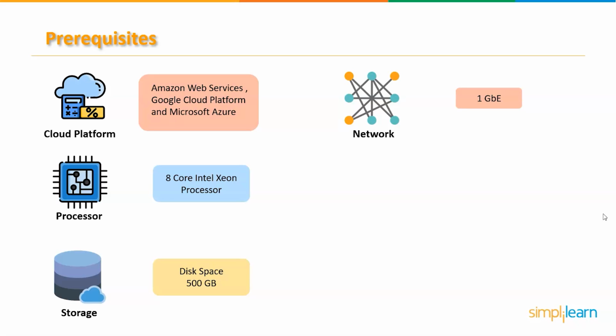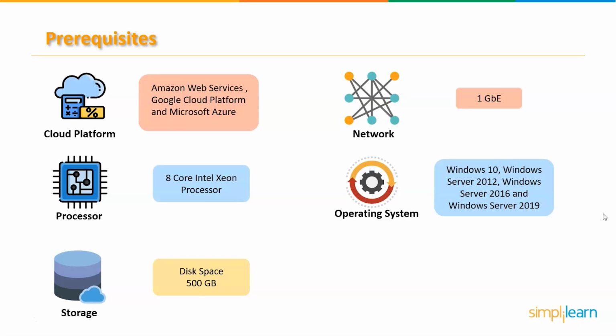It is recommended that you configure the Enterprise Control Room network bandwidth to be greater than 1 gigabit Ethernet, because uplink traffic can quickly exceed 1 gigabit Ethernet depending on the complexity of the automation run. Operating System: Automation Anywhere is compatible with operating systems such as Windows 10, Windows Server 2012, Windows Server 2016, and Windows Server 2019. Automation Anywhere supports both 32-bit and 64-bit operating system versions. Finally, the system should have 16 GB of RAM.